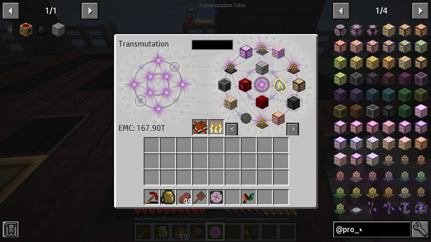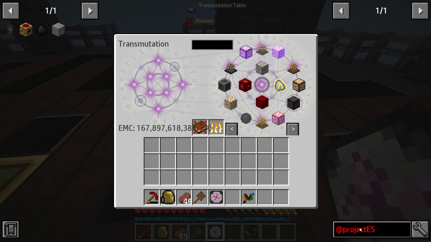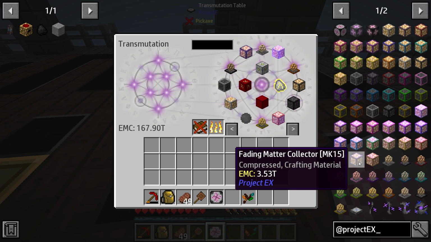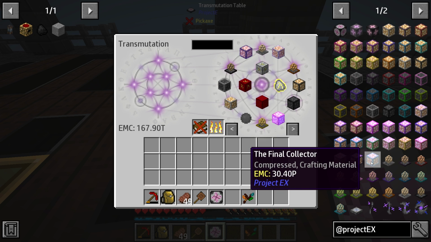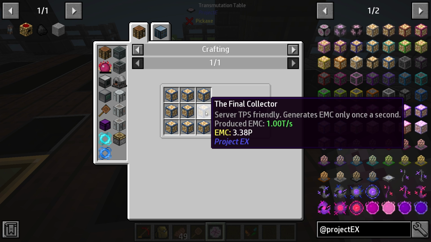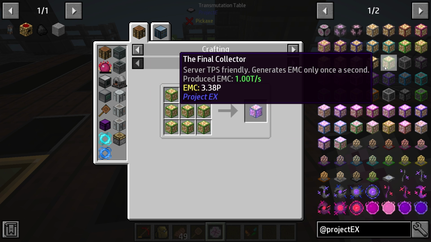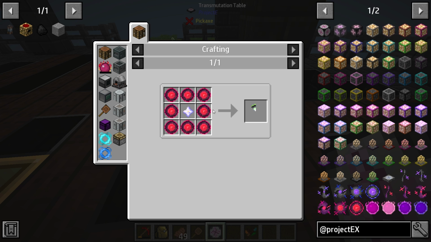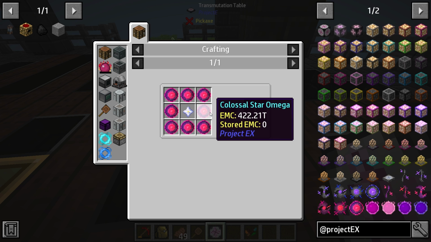So, Project EX, right here, and we should have the final collector, which comes after the MK15. So the final collector is what we probably want to make. Of course, I'm looking at the shiny ones. So yeah, we have the final collector here. The final collector is going to require a piece called a final star shard. The final star shard is just going to be a nether star surrounded by colossal